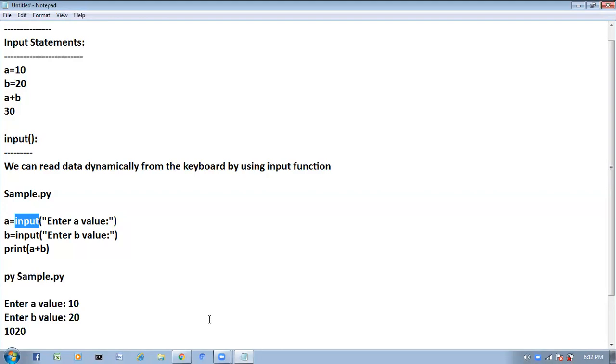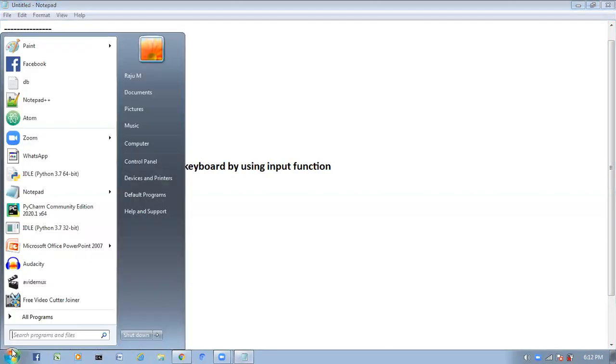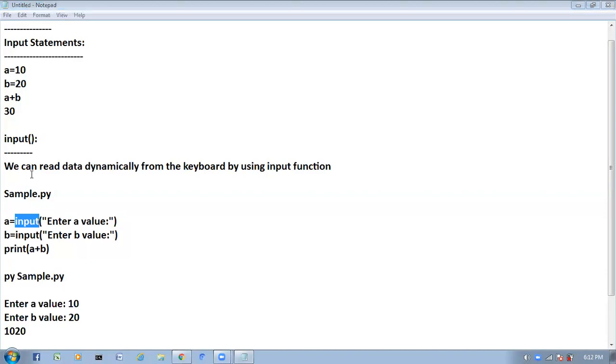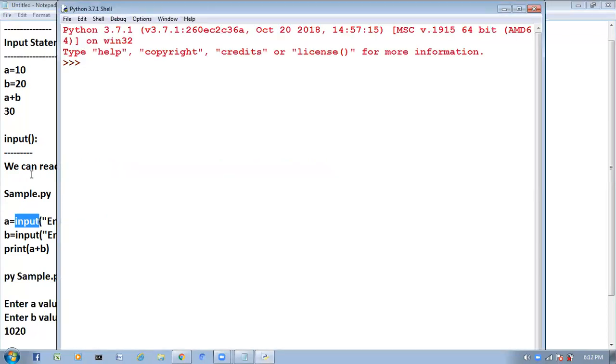See here, if I run this program, let's see what result we will get. A is equal to input of "Enter a number".